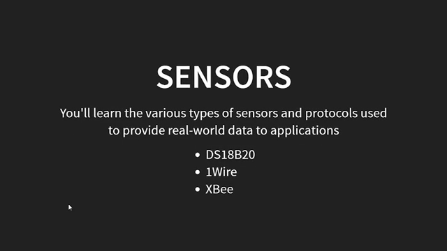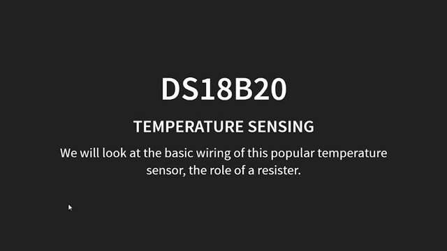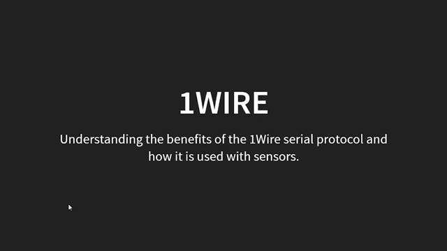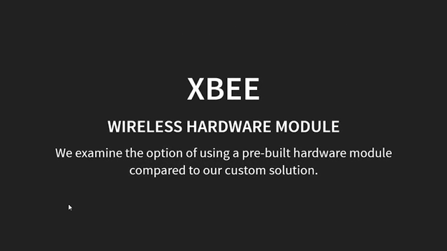Then we're going to dive straight on into some sensor work. This is the hardware that we're going to be using for hooking up a basic temperature sensor. It's called the DS18B20, a very common sensor for this type of thing. We'll use the one-wire protocol, which is what is going to allow us to read the temperature information from our sensor. And we could look at communicating it over XBee, although in more recent times